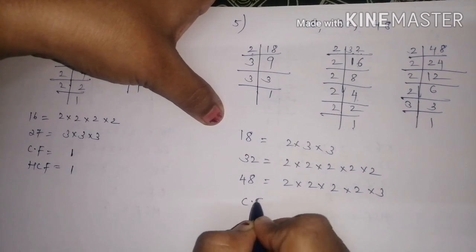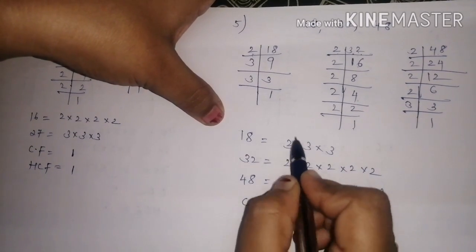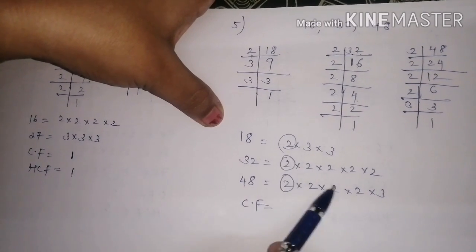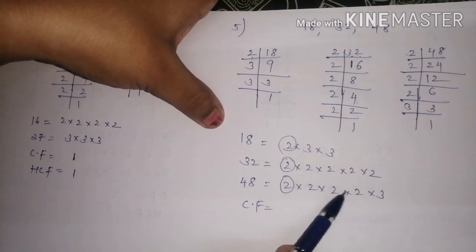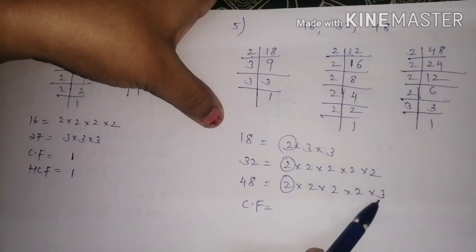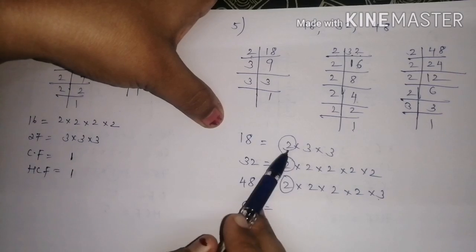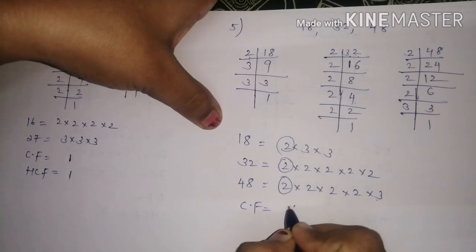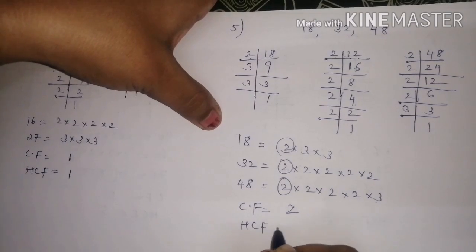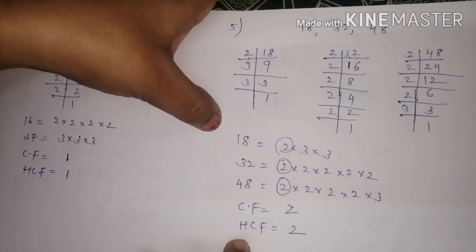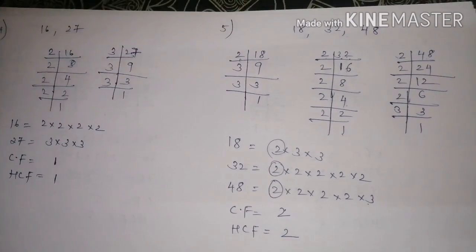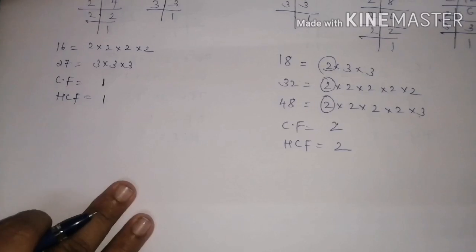Now what is common? All the 3, 2, 2, 2 is common. Here 3 is there, but here it is not 3. Here it is 3. So we can't take it. So only 2 is common. Therefore HCF is 2. Common factor is 2. Therefore HCF is also 2. What is common factor? That is only the highest common factor in all this. So HCF is 2. Now the next number, sixth sum,